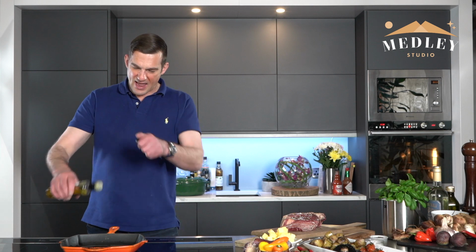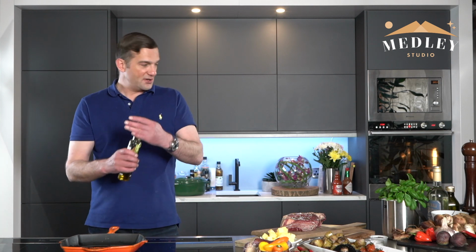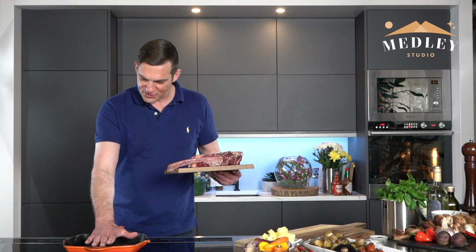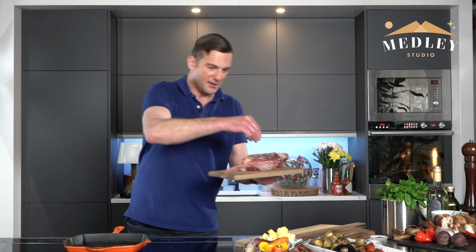The next important thing here, we have a griddle pan, and I want this to be piping hot. So we've got a little bit of our rapeseed oil. Once again, with the rapeseed oil, you can achieve much higher temperatures. I'm not going to put butter in at this stage because the butter will burn. So, how is the temperature here? The temperature is great. I'm going to put it up a little bit more